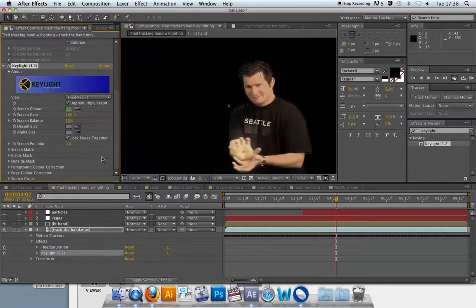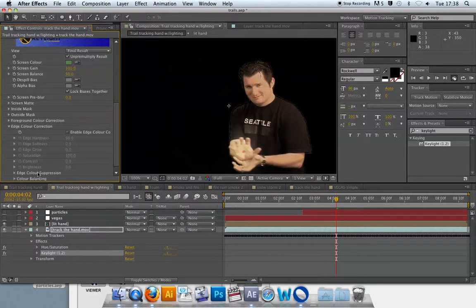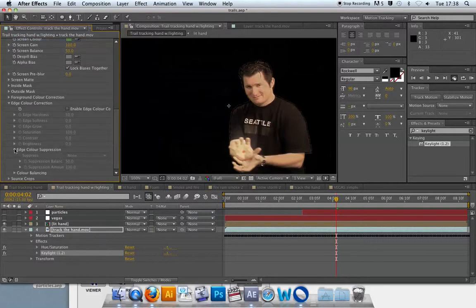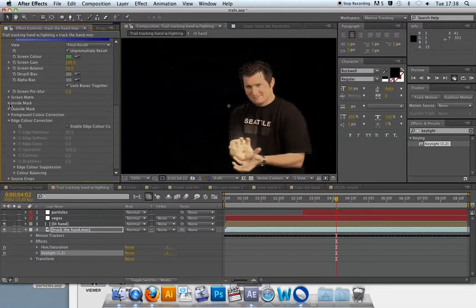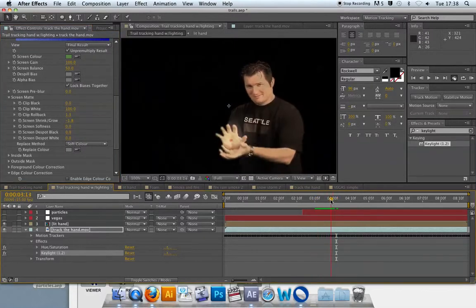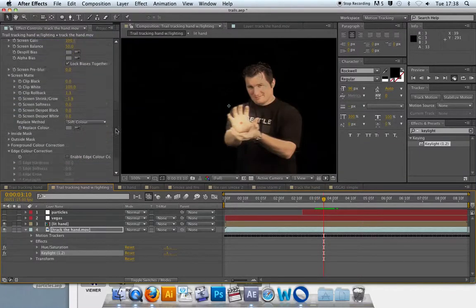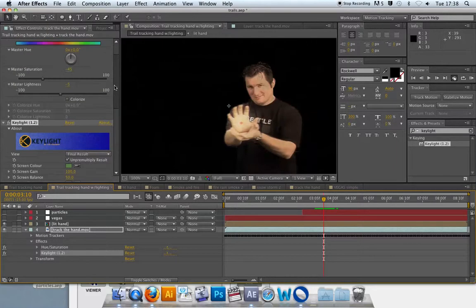then and adjust the, let's see now, edge color correction, edge color suppression. Let's see now. Okay, so I'm just gonna use the shrink screen just to get it back down to get rid of those edges. Okay, so there's a hell of a lot more to it than that. Off the top of my head, I've actually forgotten what most of these things mean, but you can get some